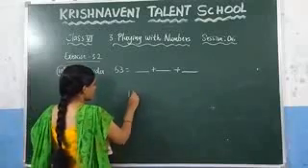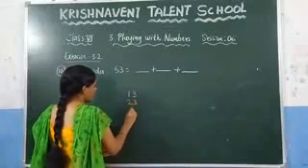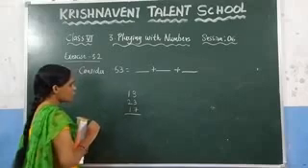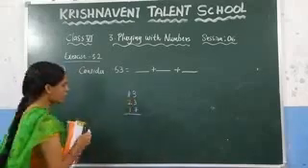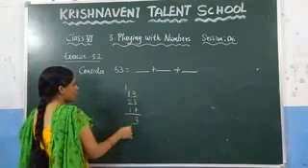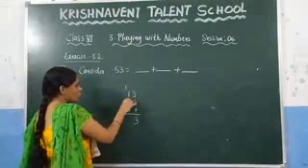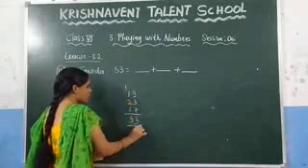Suppose consider here 13, 23 and 17. Add it, how much will you get here? You know that 7 plus 3 is 10, 10 plus 3 is 13. Here you will get 1 carry. And similarly 1 plus 1 is 2, 2 plus 2 is 4, plus 5 which is 53.